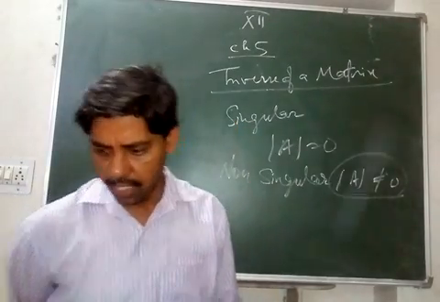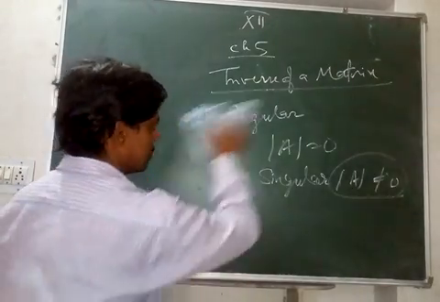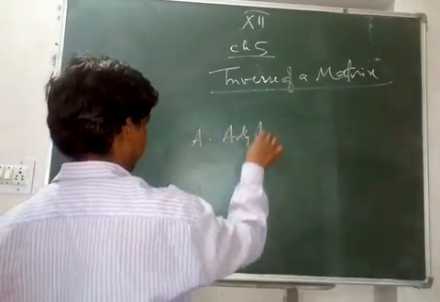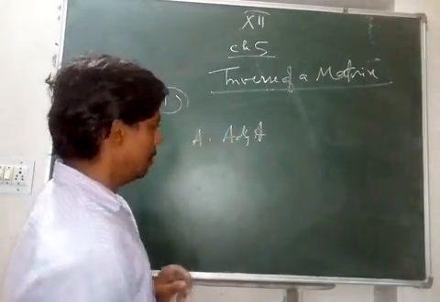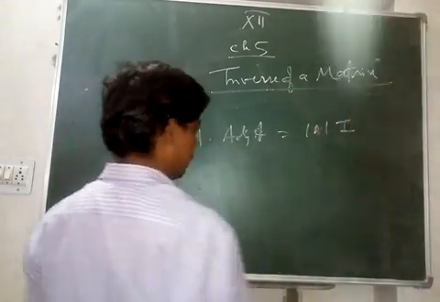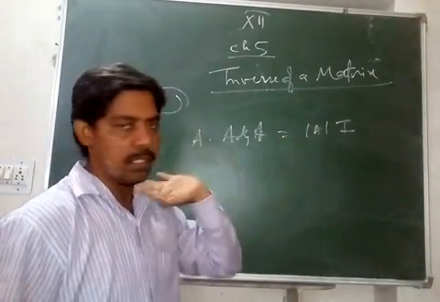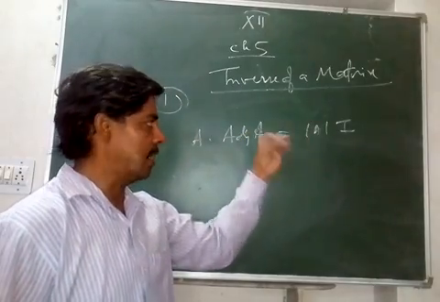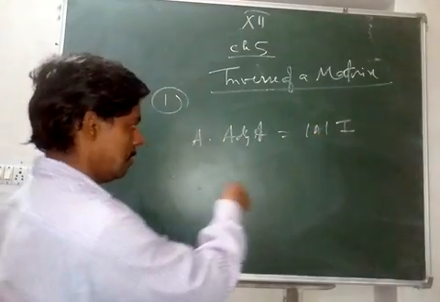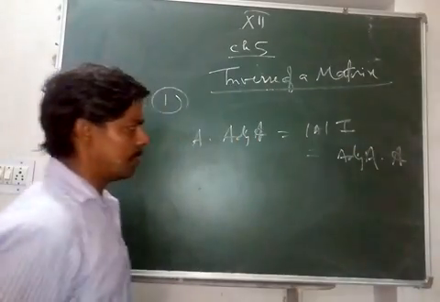So there are certain theorems, right? One theorem is A into adjoint A, and this is a very important one. You can consider this as the first theorem. A into adjoint A is equal to determinant of A into I, and this we can see for the third order, and then for any order this is true: second order, third order, fourth, or any order. This property, that is A into adjoint A, is equal to determinant A into I, and also equal to adjoint A into A. So both of these properties.